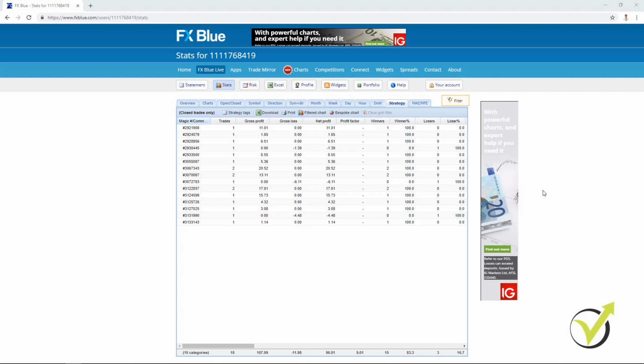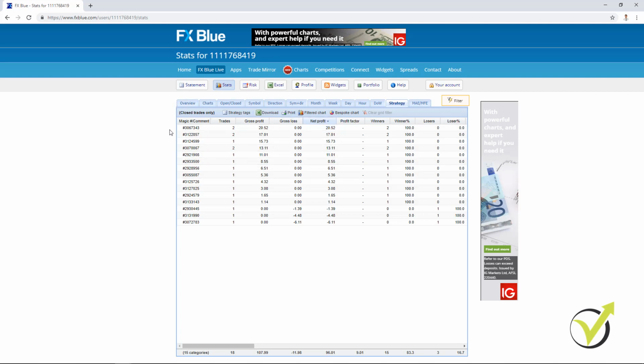And what is the idea of following the results? The thing is that I want to place on my live account the expert advisors that are currently making profit. Okay, as you saw with the back test of the strategies, every strategy has a losing phase and a profitable phase. It has stagnation, then it has a profitable period. Now the thing is that we want to trade the strategies when they are in their profitable period. So by following the results, I will know which expert advisors make profit for the current market conditions.